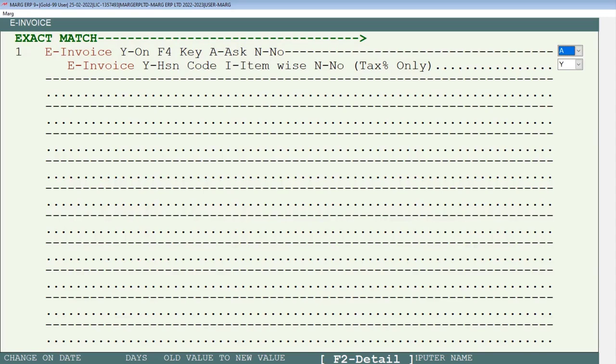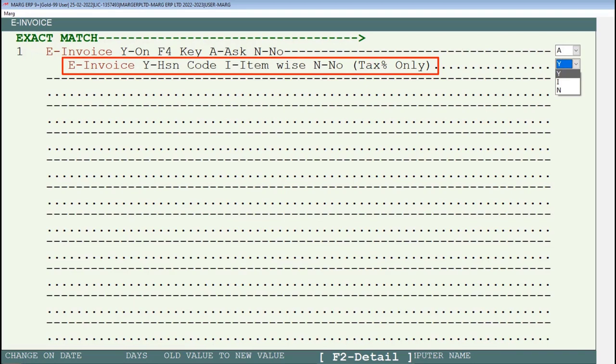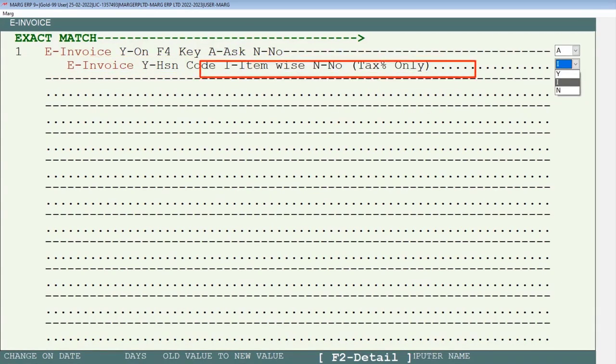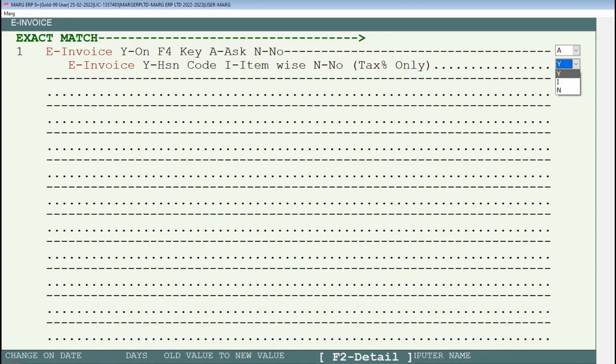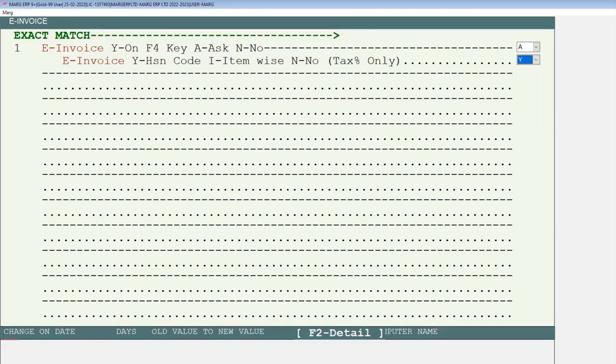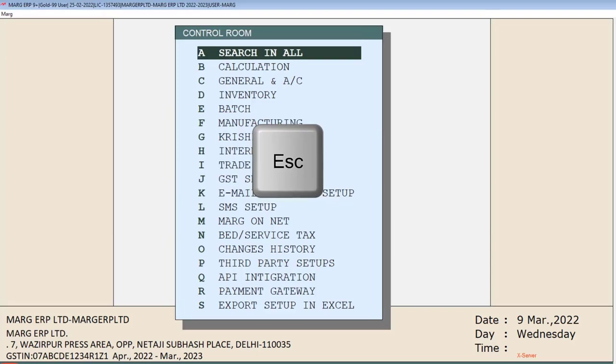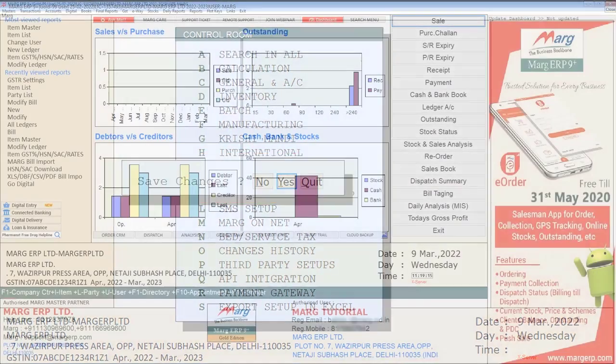Then is E-Invoice, Y HSN code, I item wise and N for no field. If you want to upload your invoice or invoices on the portal HSN wise, then you will set this field to Y. And if you want to upload your invoice or invoices item wise, then you will set this field to I. So for now, we will set this field to Y, that is HSN code. After this, we will press escape key twice and then by saving the changes, we will come to home screen